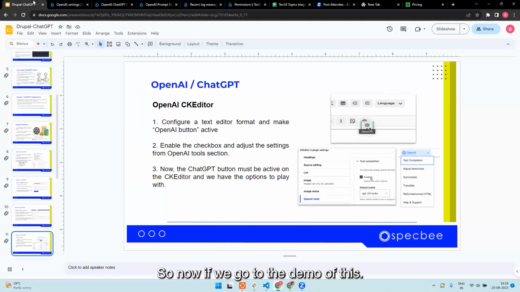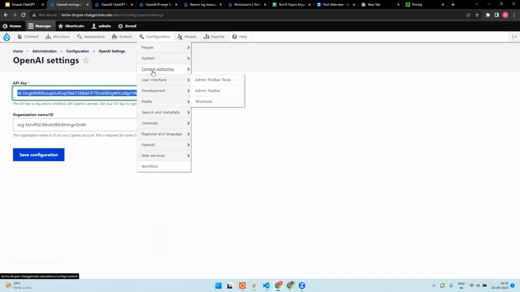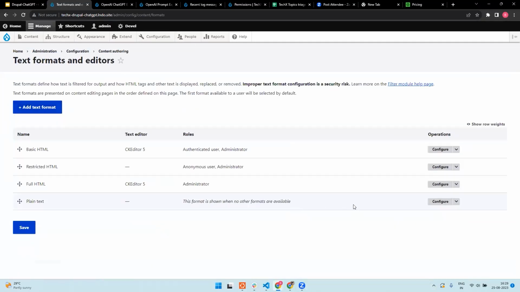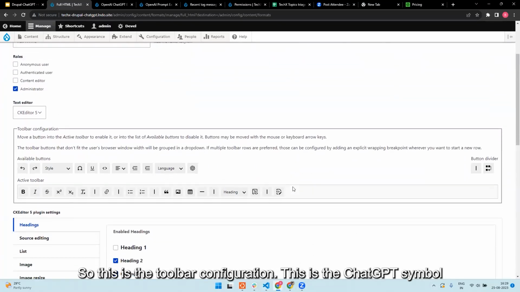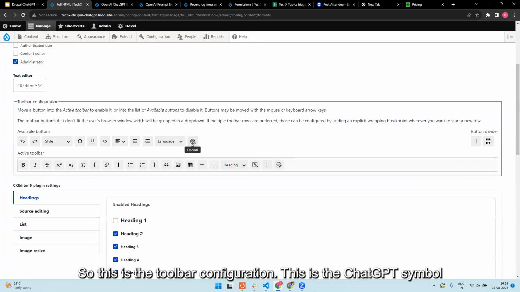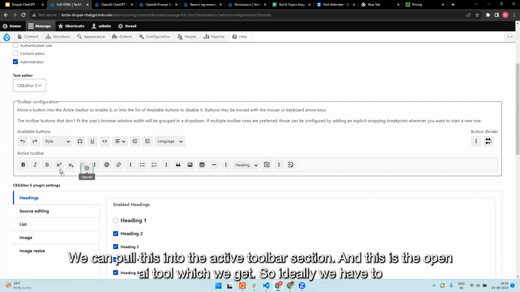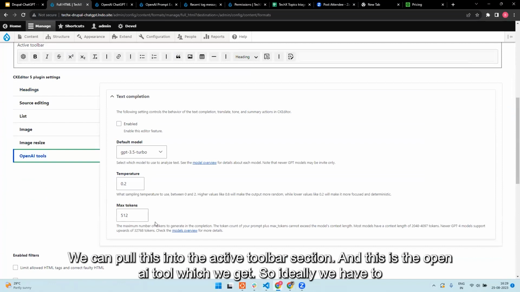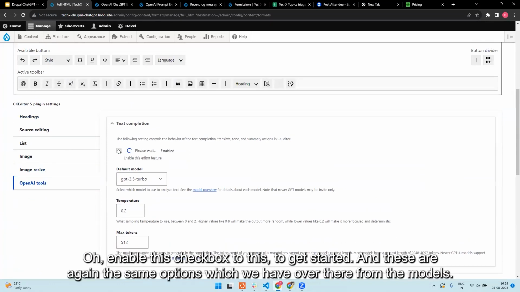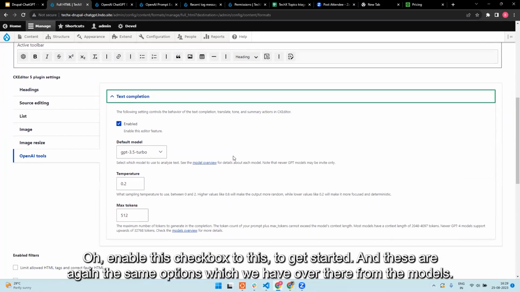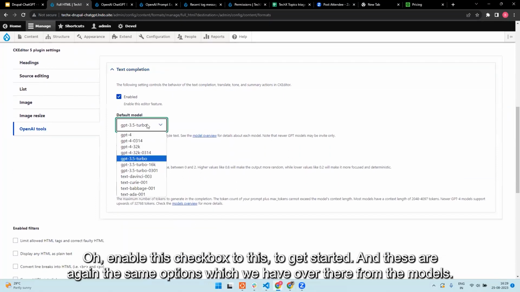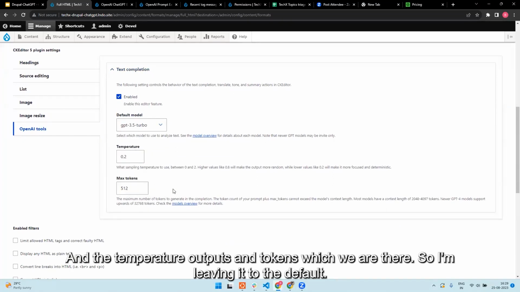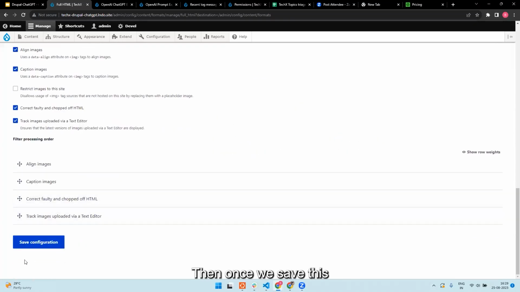So now if we go to the demo of this, format is ready. In the toolbar configuration, you see this is the ChatGPT symbol which is there. We can pull this into the active toolbar section, and this is the OpenAI tools which we get. We have to enable this checkbox to get started, and these are the same options we have over there: the models, the temperature and the tokens. I'm leaving it at the default. Then once we save this,